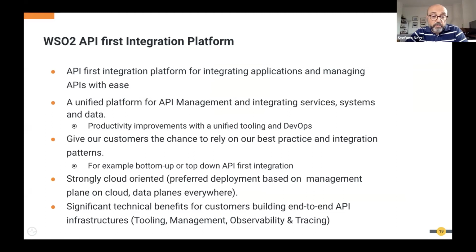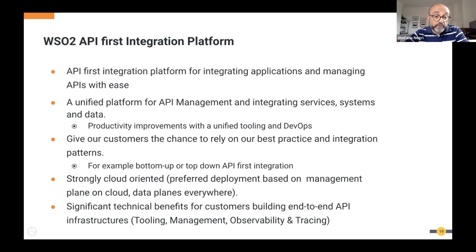We expect that this will increase the productivity of API developers in their journey of creating an end-to-end API between the users and the actual backend. All that is in the middle, so API policies, definition, etc., and integration, is covered by one single platform.